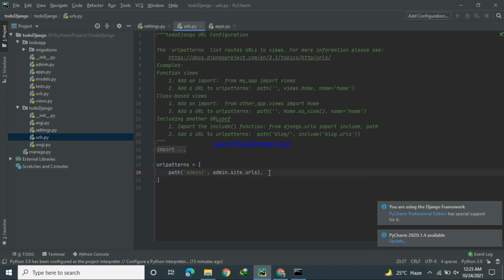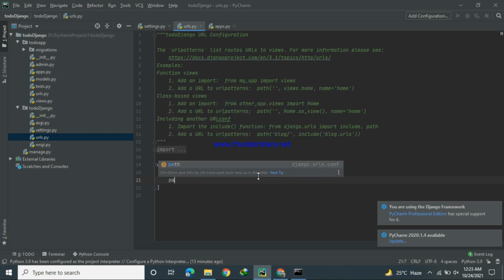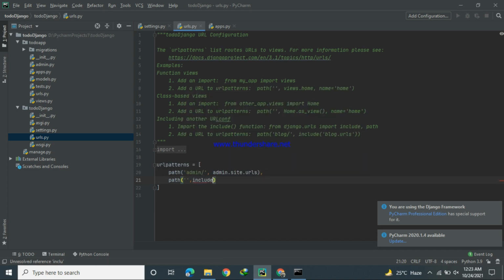So in the main URL we already have our admin portion, and here I will attach our newly created urls.py file.